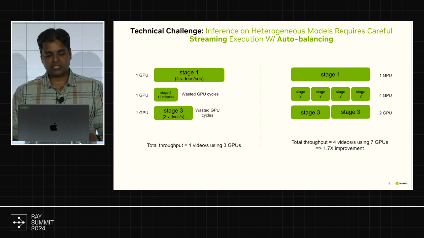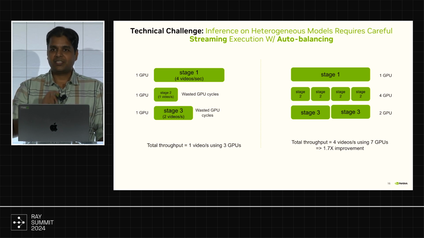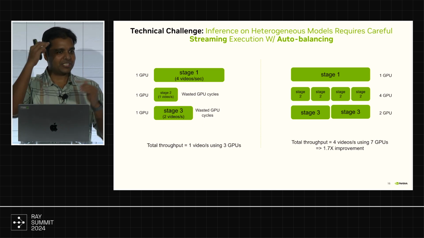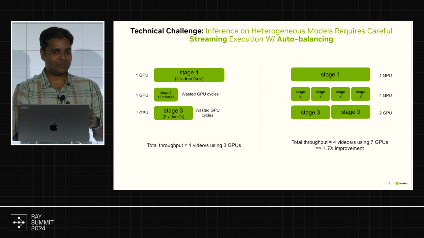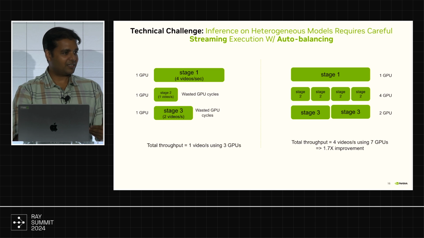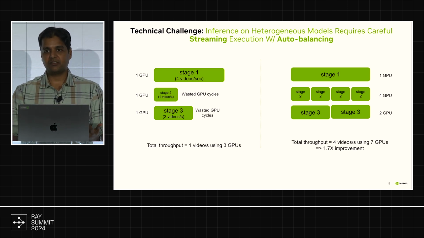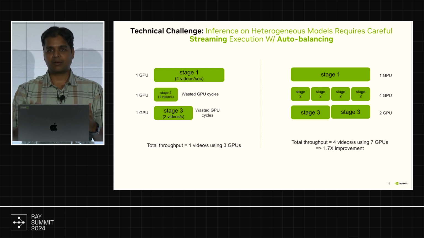This technique of measuring application level throughput and then spinning up auto balancing of the actors was done at the application layer and not at the Ray layer. You can imagine that. A lot of people do application level load balancing as opposed to CPU level load balancing. It's the same analogy: CPUs have instructions per cycle, you can have the same IPC but way different performance. So a lower level metric cannot capture the application level throughput. What we found is measuring the stage throughput in terms of videos per second, or video hours per second, is more representative. So we built it at the orchestration level because it's application aware.